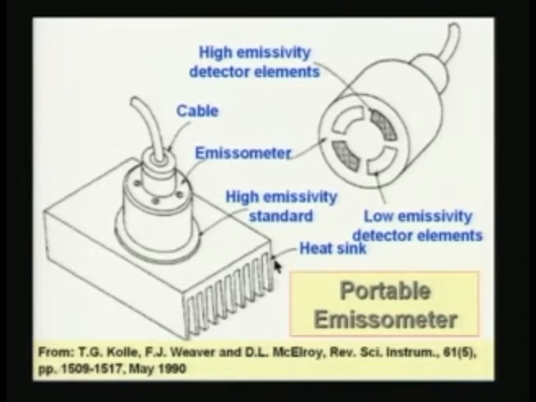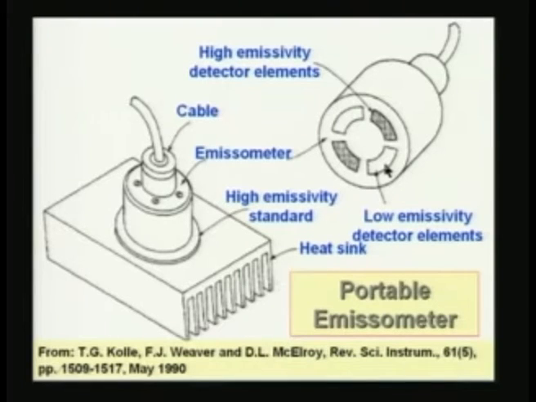That is the requirement. So, you have a heat sink, so that the sample, for example, could be a thin sample in the form of a plate whose dimensions could be, for example, 50 to 100 millimeters or even smaller than that, because we are going to use a very small area of the sample for the measurement itself. And the emissometer head itself consists of, you can see here the detail. There is an arrangement by which we can heat this, and there are two high emissivity detector elements, and two low emissivity detector elements.